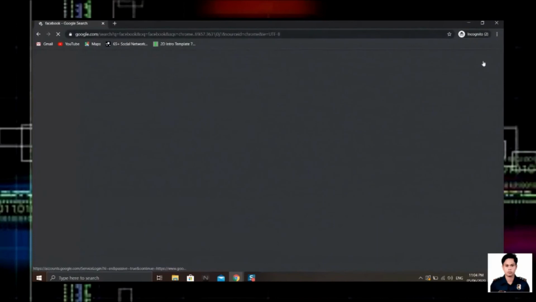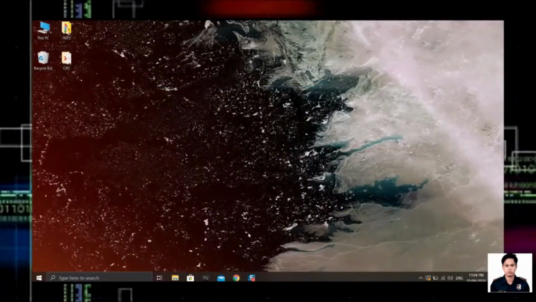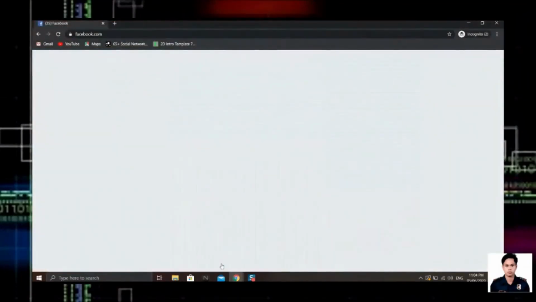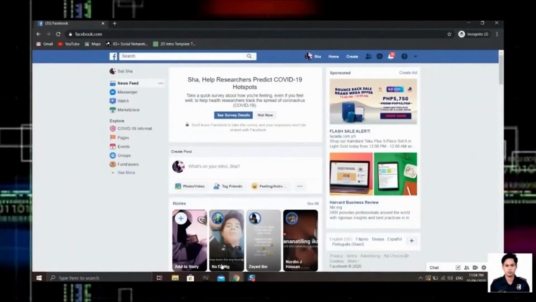So that is one option for Google. Now if you opt to choose other search engines such as Firefox, you can just hit private setting. Now for Google, for example, you are already in Google and you already have this